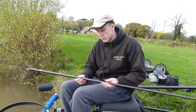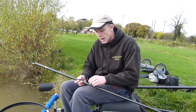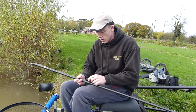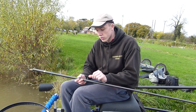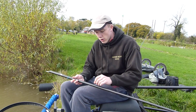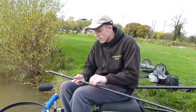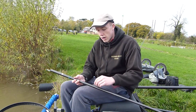The round body helps to stabilise the float. Now then, I've got a bulk of number 9 shots there, and that's around a foot away from the hook. This rig's a 4 foot rig. I've got a number 9 dropper, another number 9 dropper, and then a number 12 to finish the rig off, just